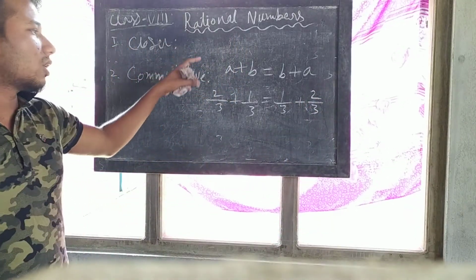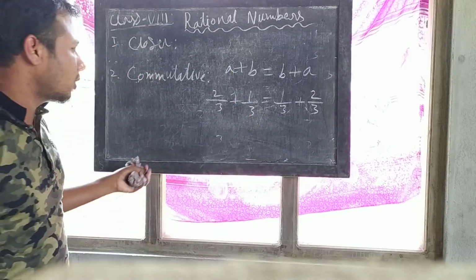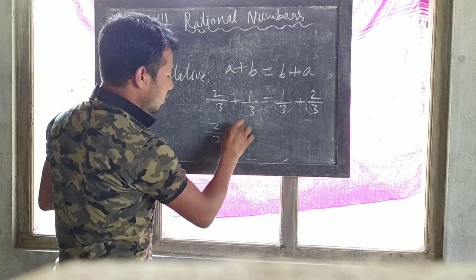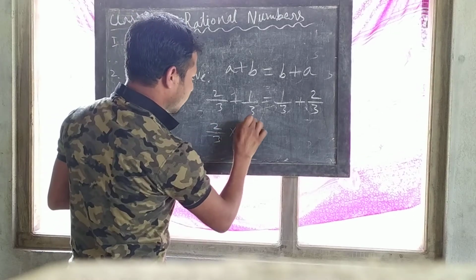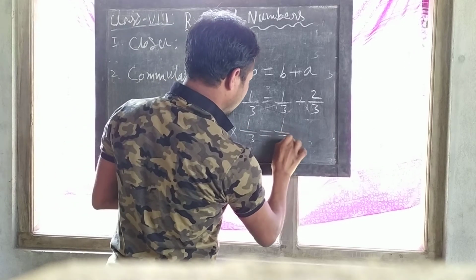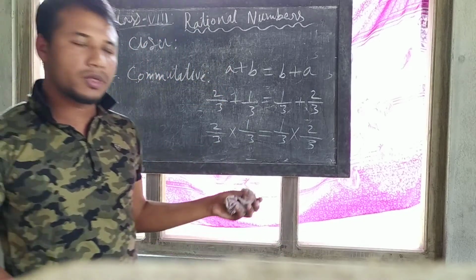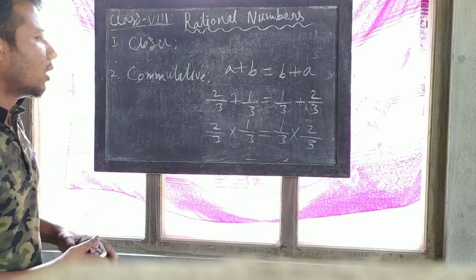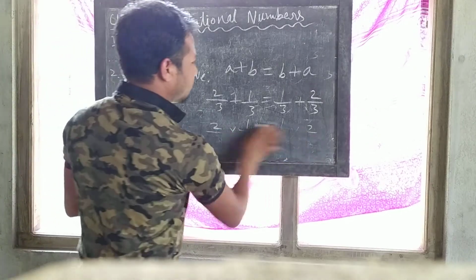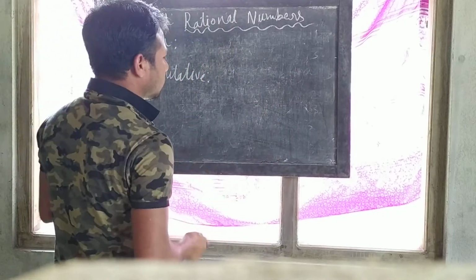So we can say that rational numbers are commutative under addition. Again for multiplication will be also same. 2 by 3, for multiplication also this is commutative, rational numbers are commutative. Now see for subtraction. For subtraction,